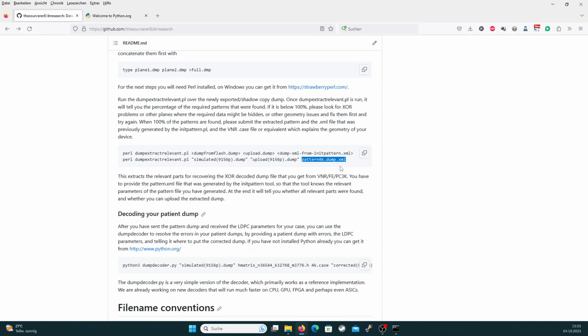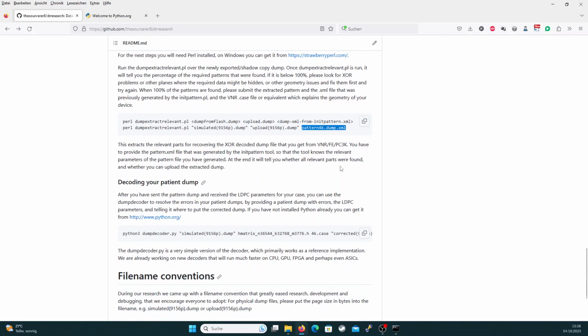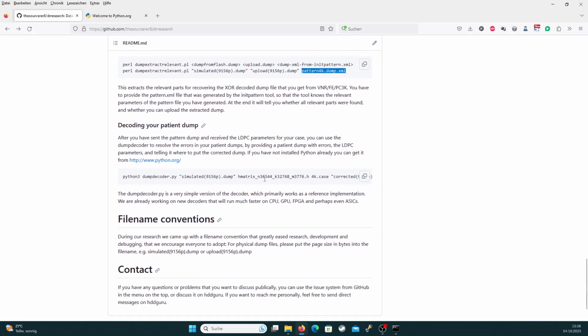that device. Basically, I need the geometry information about the page size, about the positions and sizes of data area, SA area, ECC areas inside the pages, and I need the geometry information about the block size and plane size. Things like that are what I need from those files. Okay, then I will produce the parameter files for you, and to then actually do the decoding, you can run